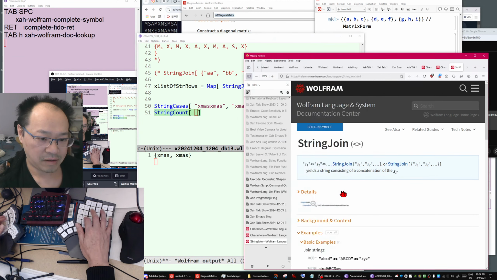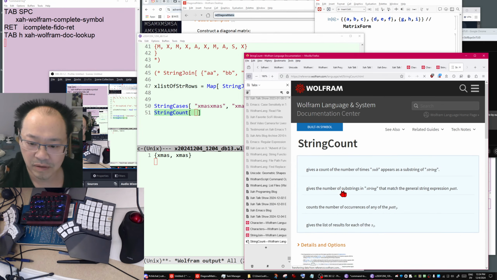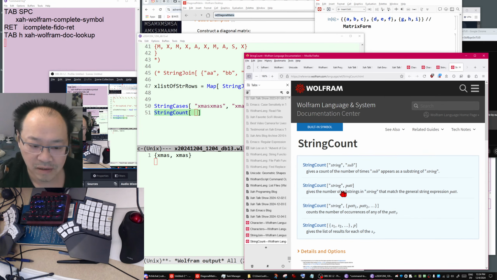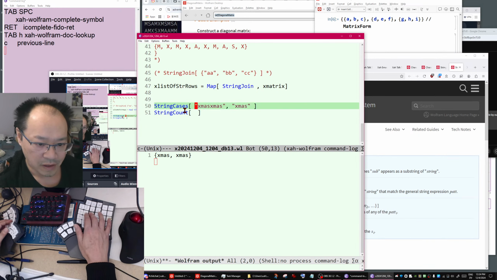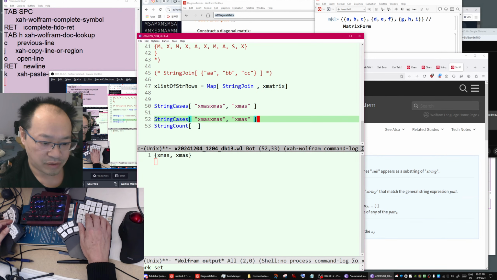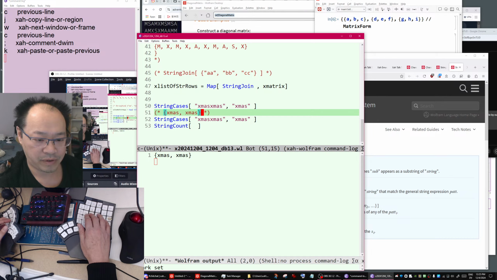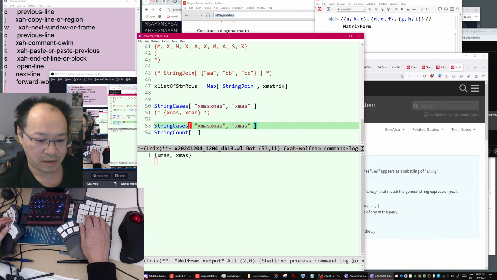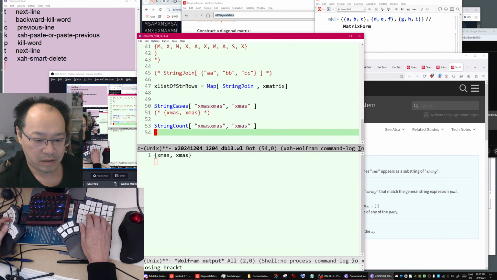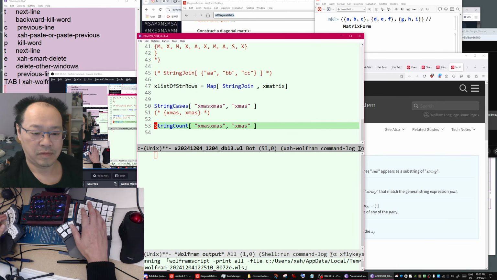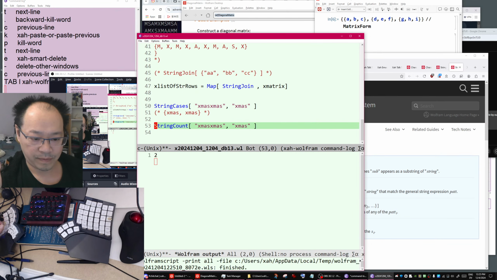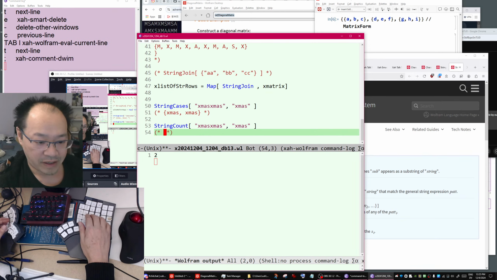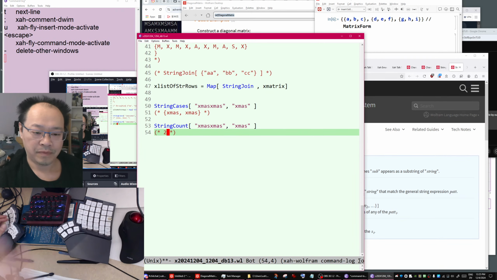Yes, you can count directly without getting the cases first. Let's put this there so people understand. That just returned 2. Fantastic.